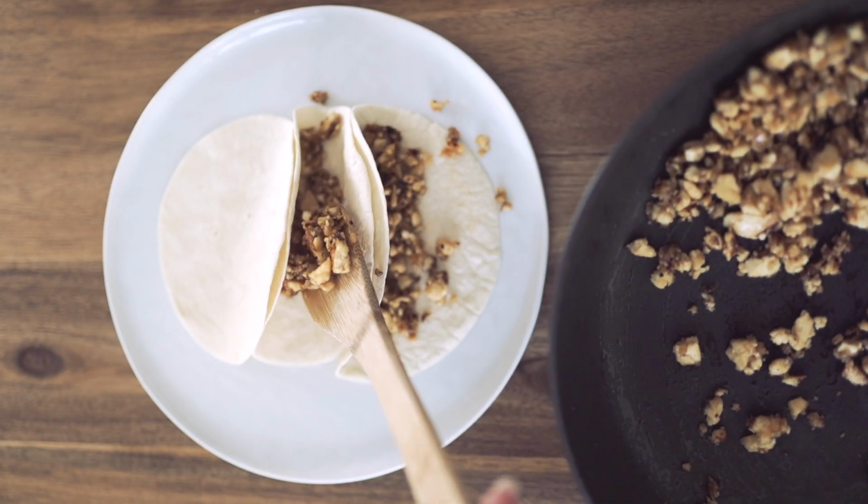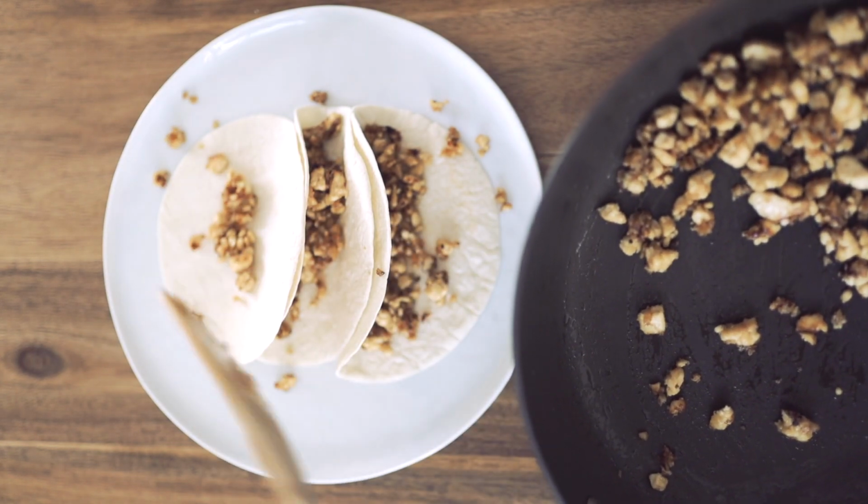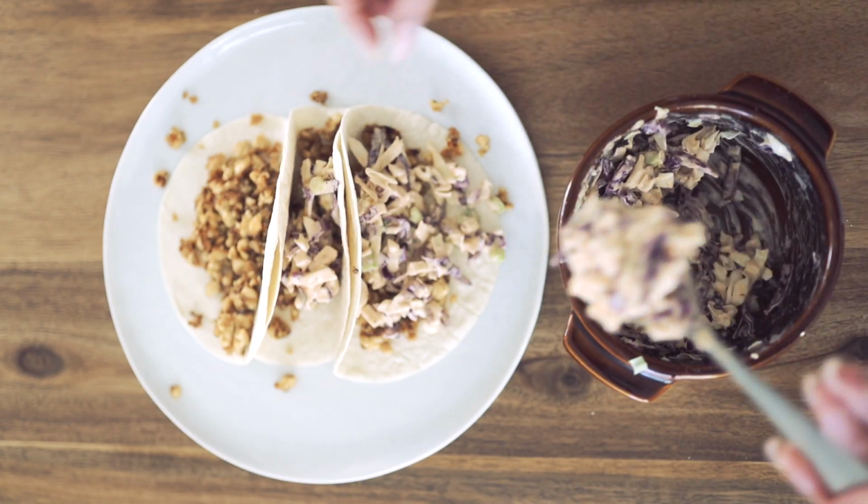The mayo was the sriracha ginger mayo, and I've never thought to put ginger into a slaw. I always do a sweet slaw, but not a ginger one, so I definitely am going to be doing that